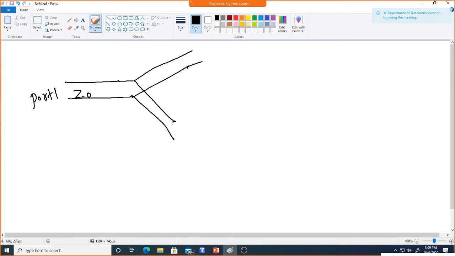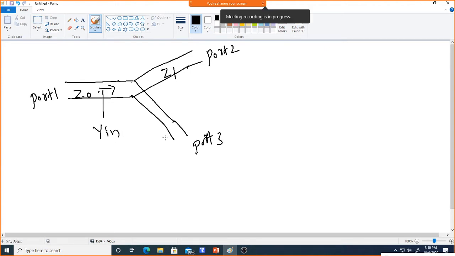Okay, so this is your port 2 and this is your port 3. Now, as I said, the susceptance we assume to be 0, and this will be your Y in. This will have impedance Z1 and this will have impedance Z2. Now, if I take different power ratios, that is P2 by P3,